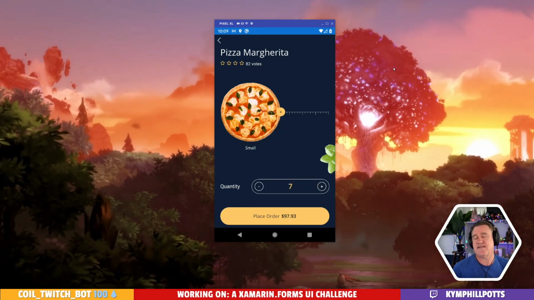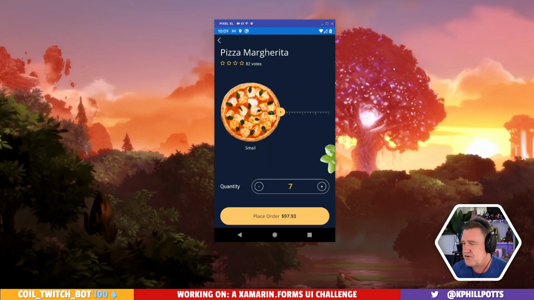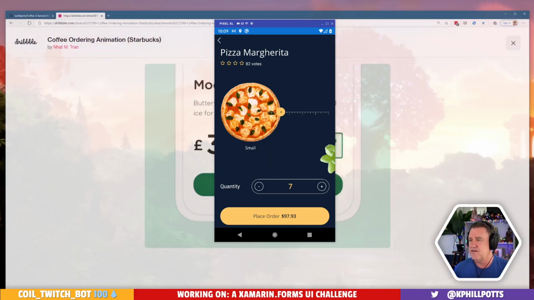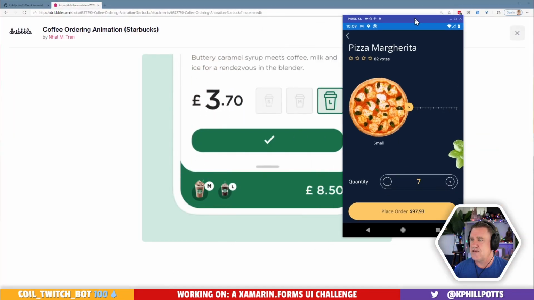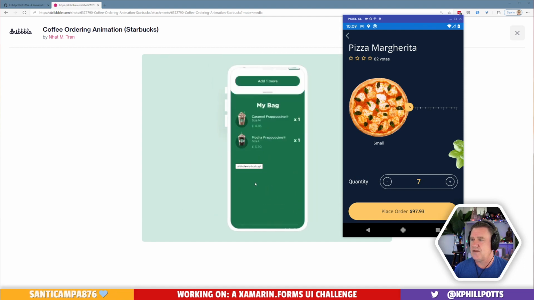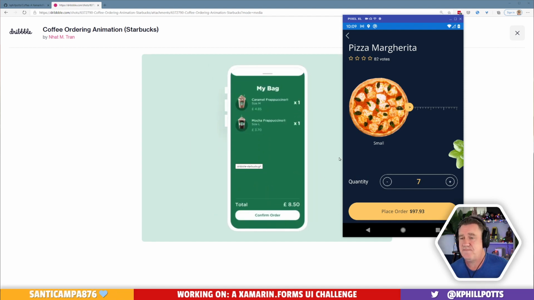Maybe we can use that same concept to do what we're trying to do here. It's pretty similar to what they're doing with these numbers here. So maybe we can try that.